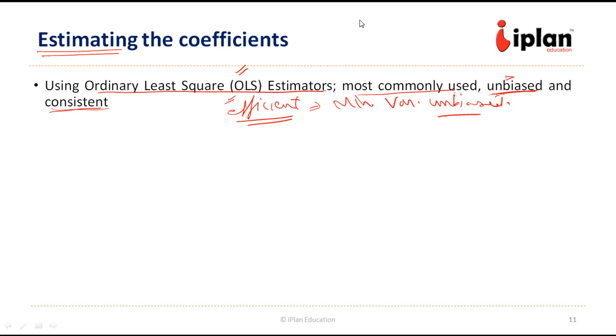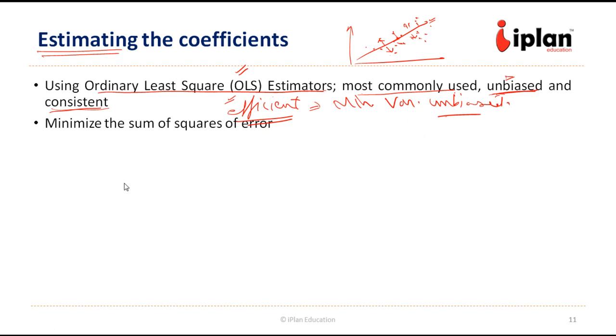And what is the meaning of ordinary least squares? What are we trying to do here? When we are estimating this line, we calculate these error terms, taking the square of the error term so that we are not compensating the positive errors with the negative errors. We are just squaring them up. Then we sum it up and try to minimize it, so that the overall sum of squares of error is minimum, and we choose that line. So this is the ordinary least squares estimator.